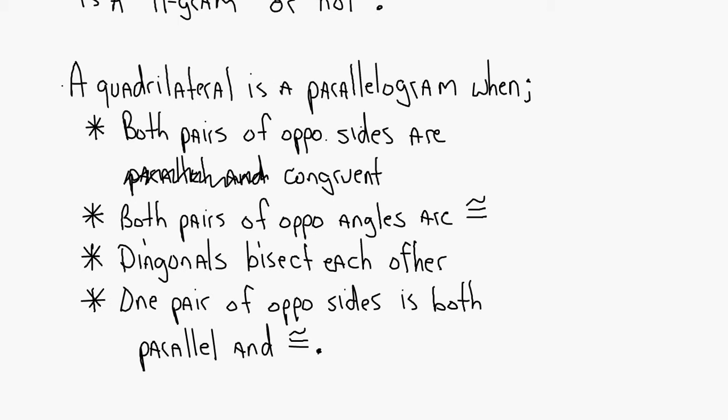If both pairs of opposite sides are congruent, it's a parallelogram. If both pairs of opposite angles are congruent, it's a parallelogram. If the diagonals bisect each other, it's a parallelogram. And if one pair of opposite sides is both parallel and congruent, it's a parallelogram. Okay? So that final one, a diagram of that, would look like